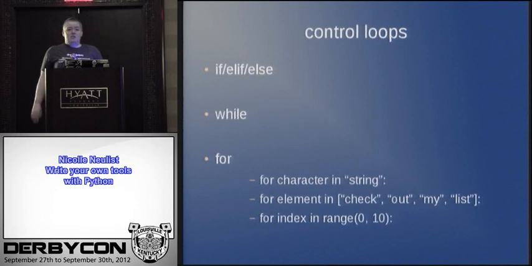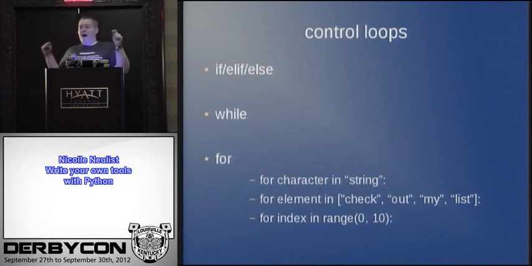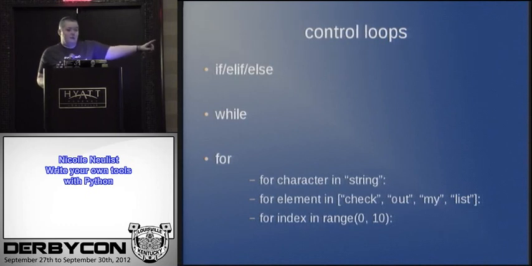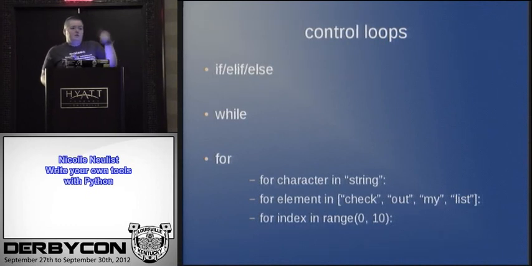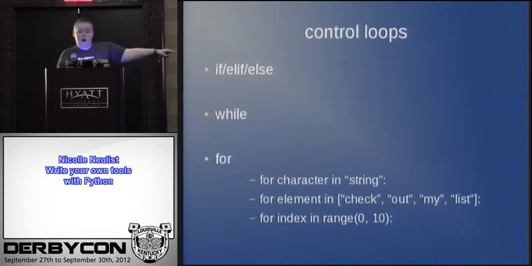And then, if it's just a list of numbers, it's not going to make you write out a whole list of, for element in 1, 2, 3, 4, 5, ... 105, 106. You can just say for index in range 0, 10, and that's going to go 0, 1, 2, 3, 4, up to 9. So like I said, it starts at 0, but it's going to go 0 through 9, which means it will go through that range 10 times. Let's say you want to skip by 2. You could say for index in range 0, 10, 2, and it would go 0, 2, 4, 6, 8.